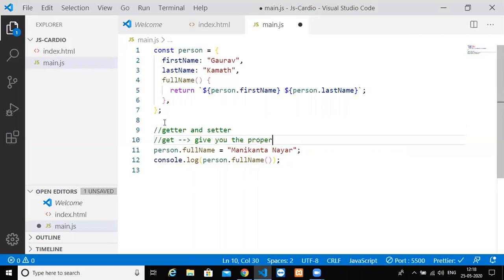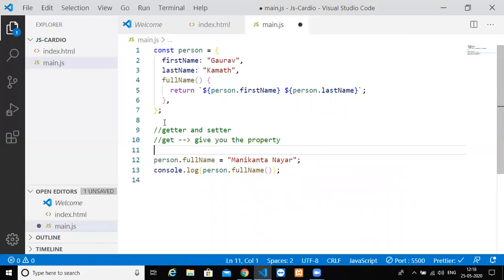You can access that particular property of the object, and set you can use to mutate or change the property. So getters and setters: get will give you the property of that object, and with a setter you can mutate or change the property.